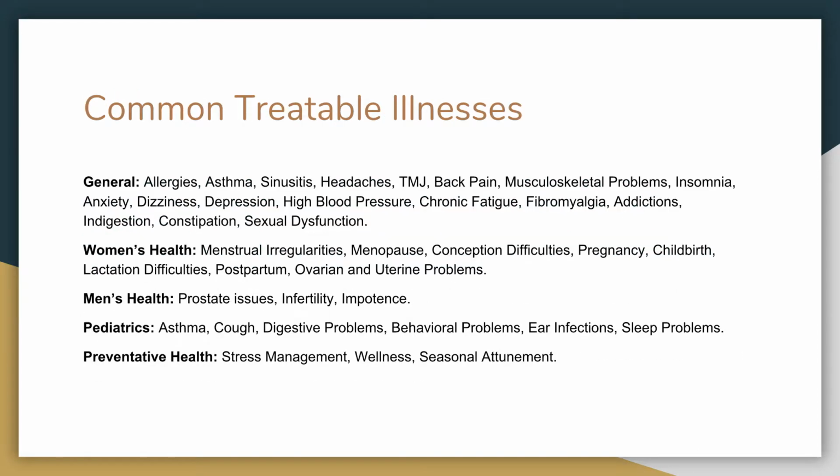So some of the common treatable illnesses for acupressure, there's a lot of them. The general ones would be allergies, asthma, sinusitis, headaches, TMJ, back pain, musculoskeletal problems, insomnia, anxiety, dizziness, depression, high blood pressure, chronic fatigue, fibromyalgia, addictions, indigestion, constipation, sexual dysfunction. Under women's health, it would be menstrual irregularities, menopause, conception difficulties, pregnancy, childbirth,